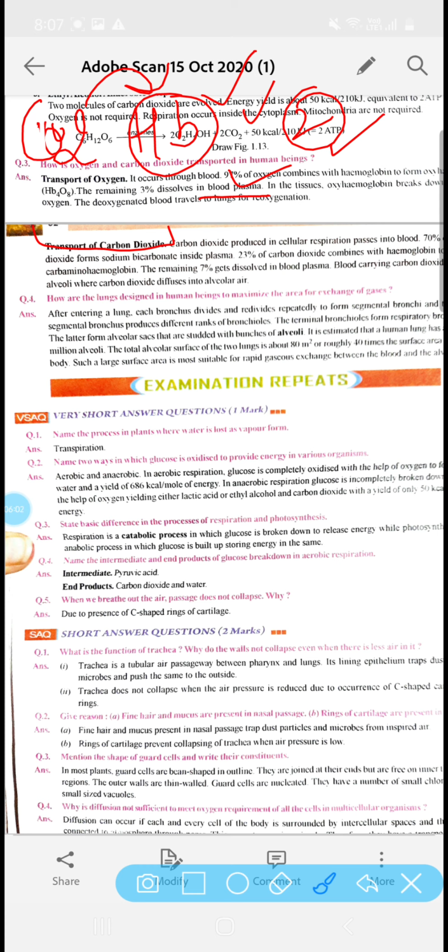Now the maximum amount, that is 70% of the carbon dioxide, is transported in the form of an ion. Which kind of ion? It is a very important part. I have told you, that is the hydrogen carbonate ion, and this transport